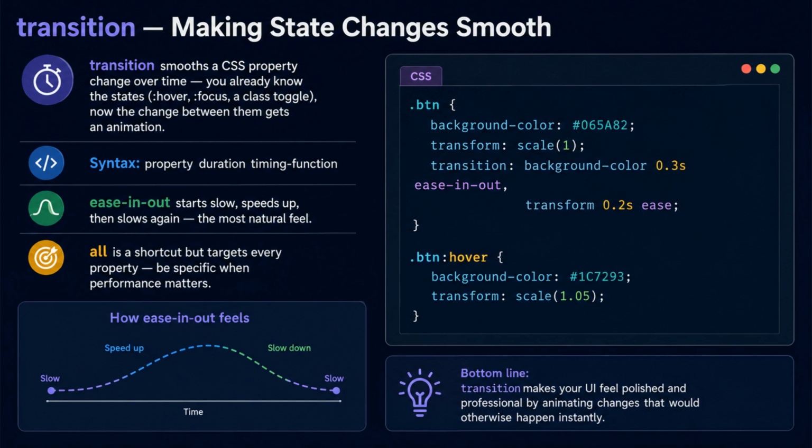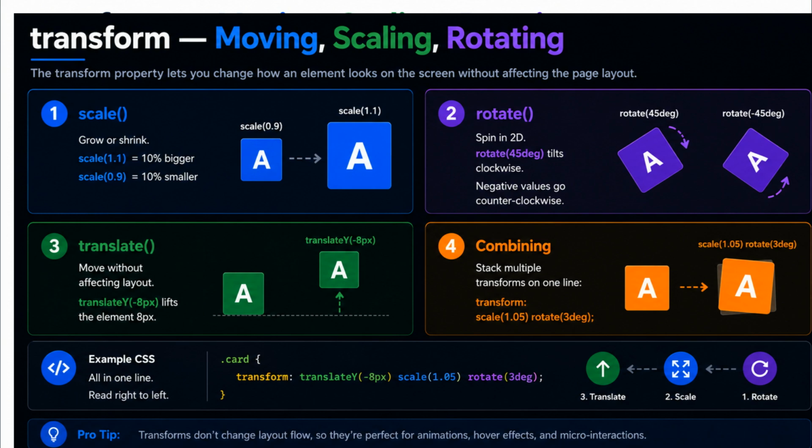It's valid and targets every animatable property at once, but targeting specific properties is better practice when performance matters, since animating everything forces extra work. The transform lets you visually move, scale, or rotate an element without affecting the page's layout. That last part matters. When translateY(-8px) lifts a card 8 pixels on hover, the space the card normally occupies stays reserved. Nothing else on the page shifts to fill a gap, because as far as layout is concerned,